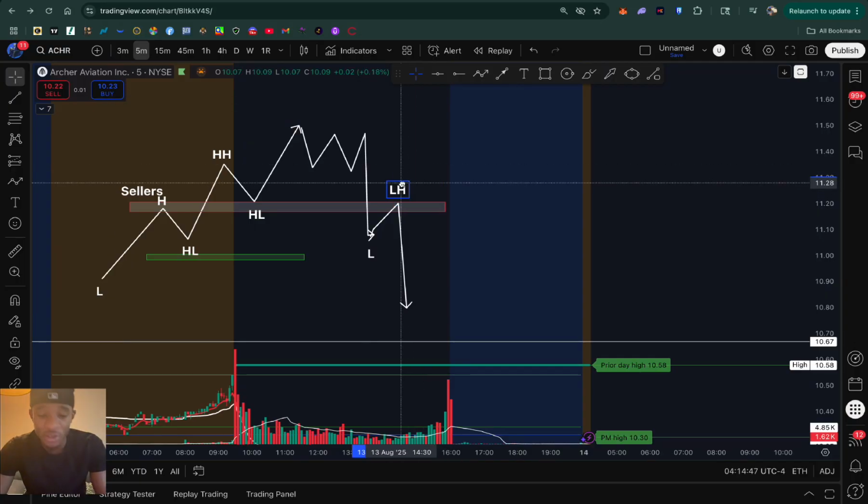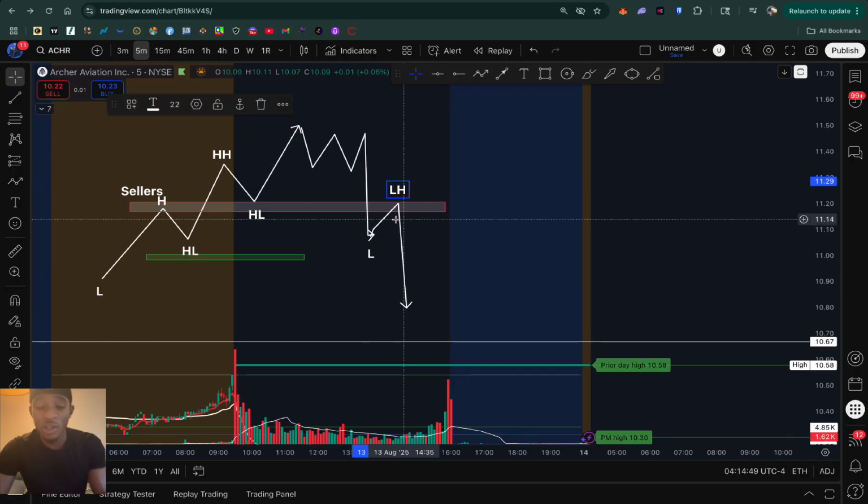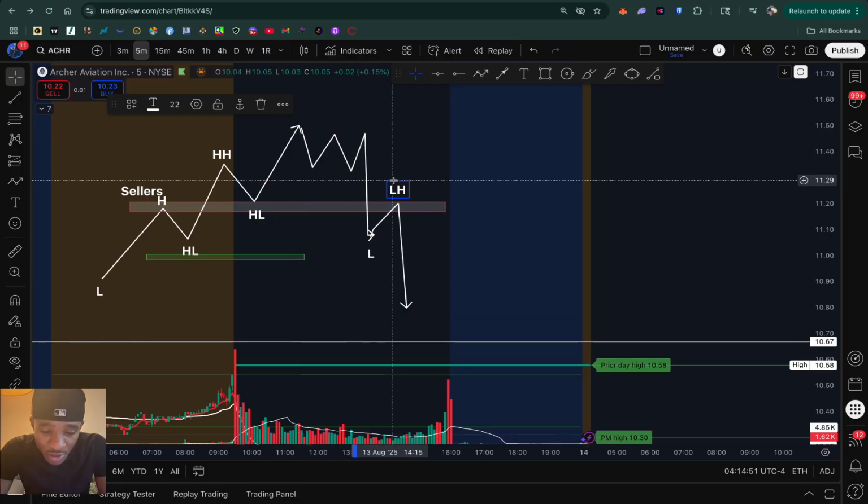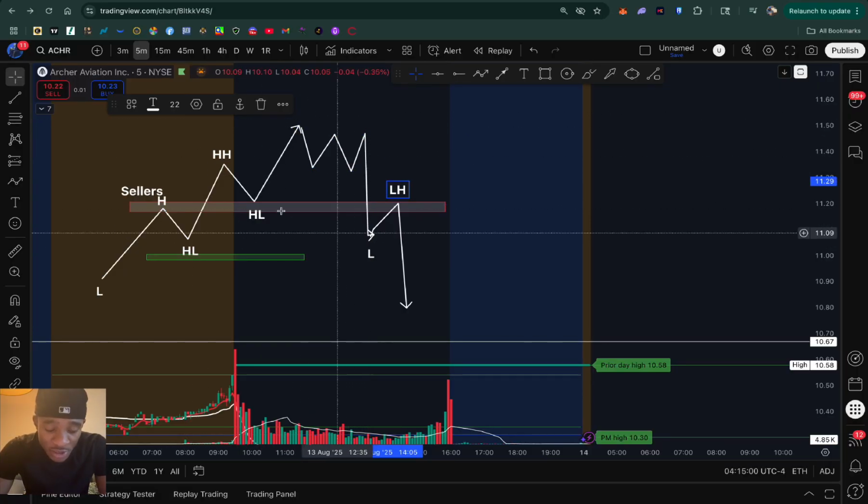And right here would be the area where you will look to get into puts. Because now you know, okay, it's confirmed. Price was in an uptrend. It couldn't make new highs, right? It broke through this previous higher low, right? And it made a low. This is the indication. It corrected back into that higher low, right? And